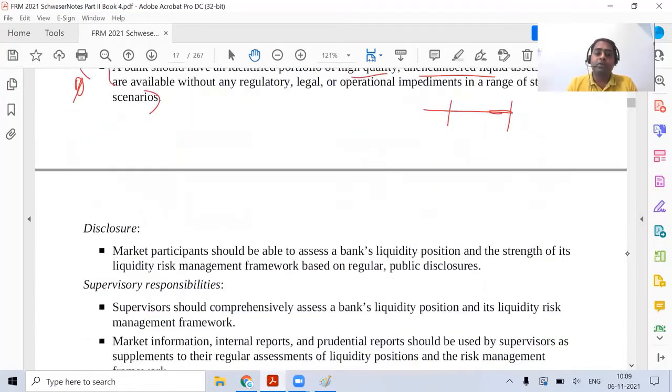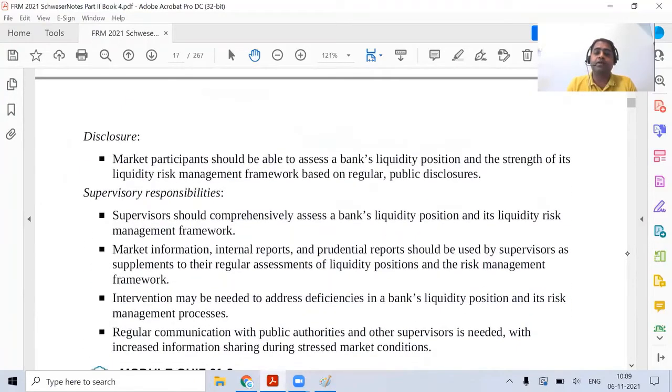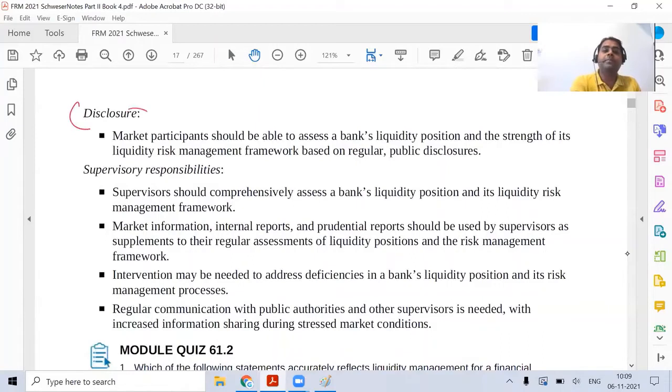Let us move towards the disclosure and supervisory responsibility part. Now, disclosure is where the bank is giving information to the regulator. They will have to share the policies, procedure, the framework that they are following with respect to liquidity on a regular basis, primarily quarterly or on a semi-annual basis. They give information to the central bank, so that the Reserve Bank is aware that the banks are doing appropriately with respect to liquidity management. This is very simple and straightforward. This is a normal regulatory requirement.